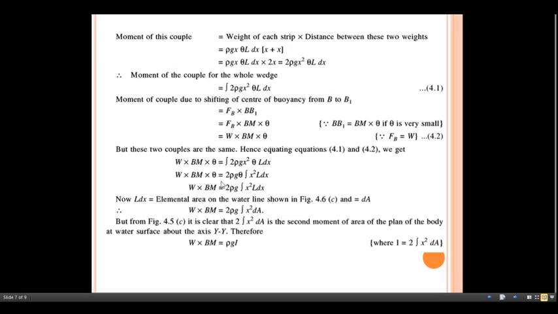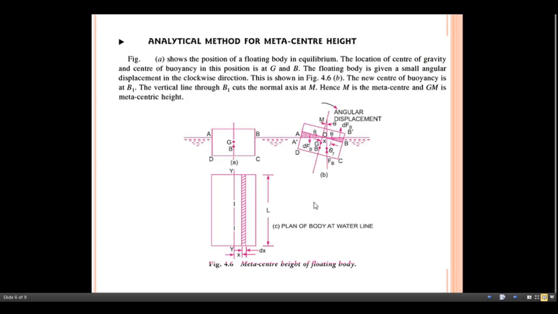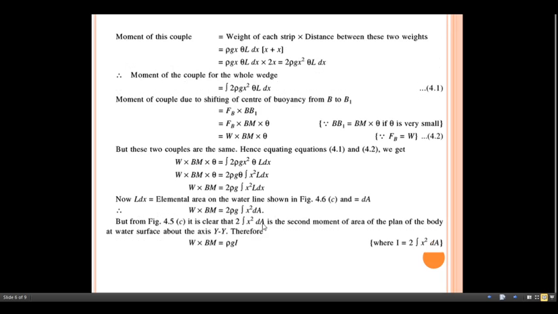So if you see here, this term is written again as it is, and L multiplied by dx must equal dA. So from this figure, it is clear that